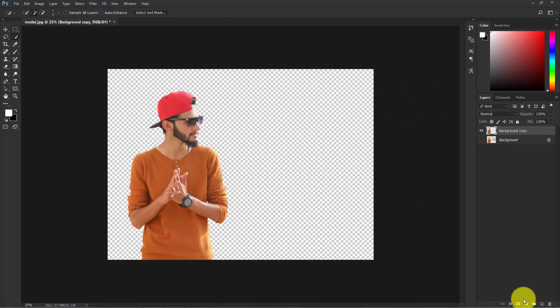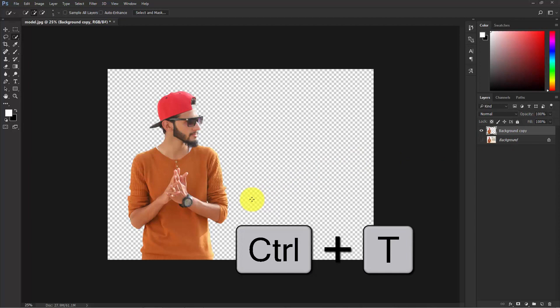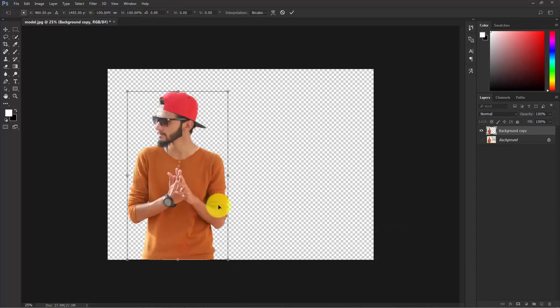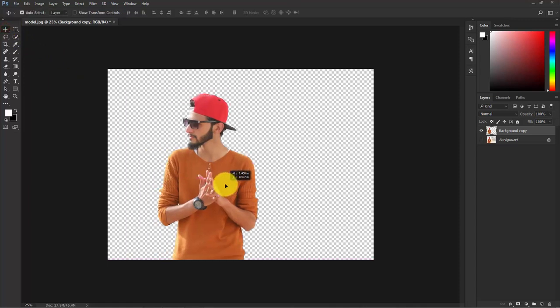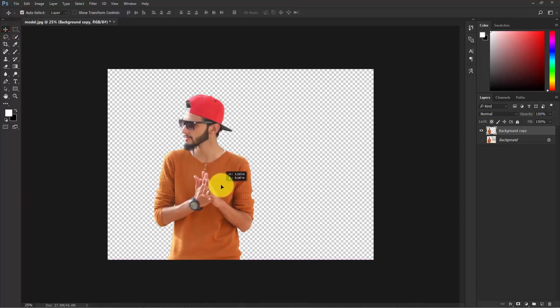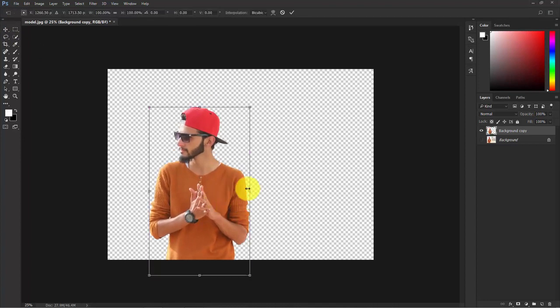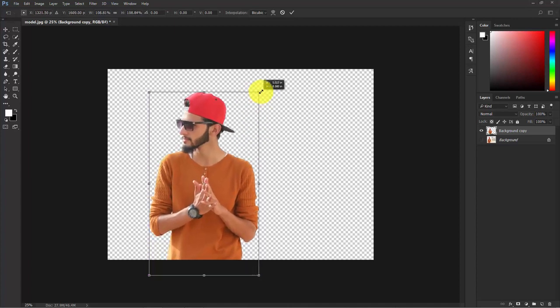So our background is removed. We have a new layer of our model. Now select this layer and press Ctrl T. Right click with your mouse and Flip Horizontal, because our effect is going to be here. Now confirm it. Now you can move the model and place it wherever you like. So I'm going to place the model like this and press Ctrl T and make it a little bit bigger